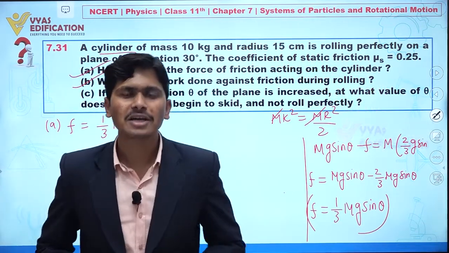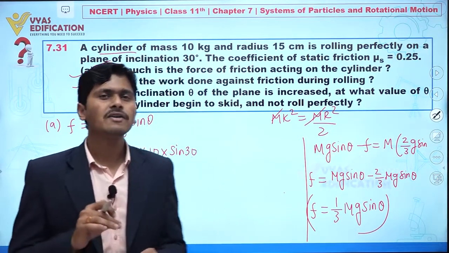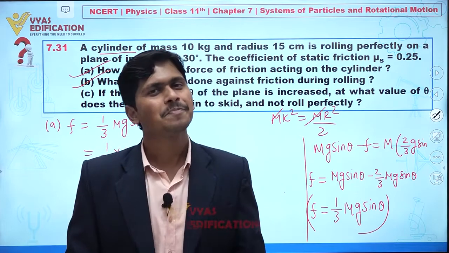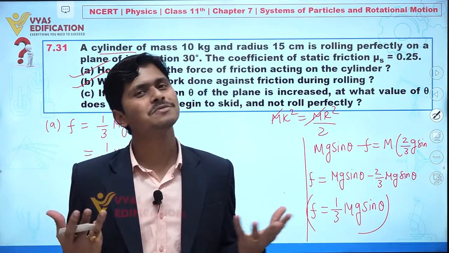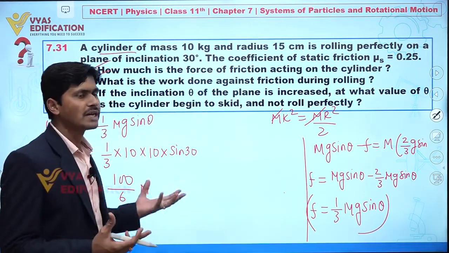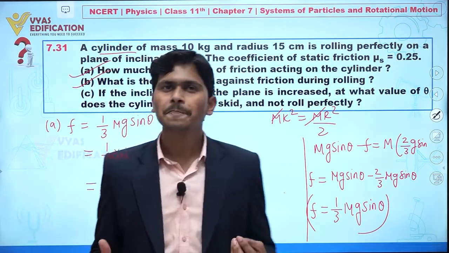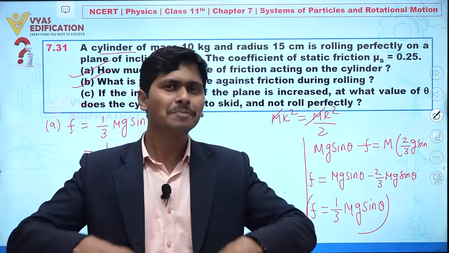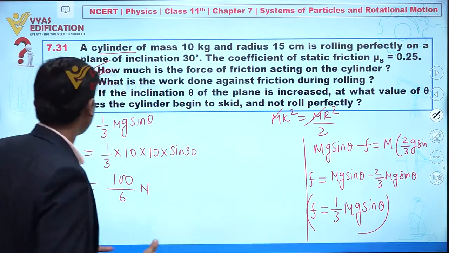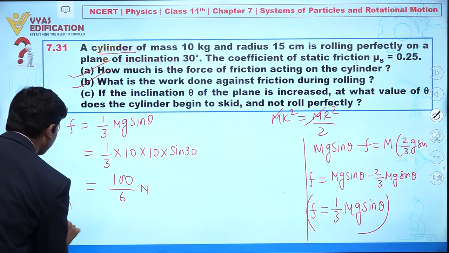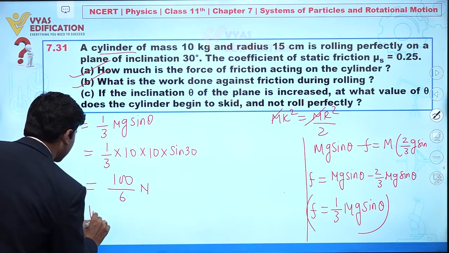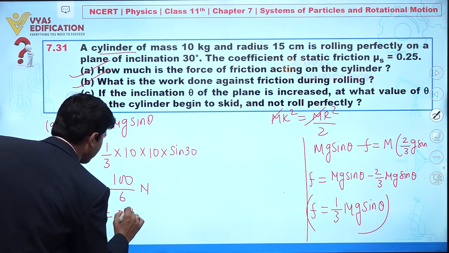Whenever we are talking about pure rolling, in the pure rolling case the friction force acting at the point of contact becomes 0. Because the work of friction is only this, that it brings the body into a pure rolling condition. So whenever friction force is 0 in a pure rolling case, I can say the work done is equal to 0 joule.